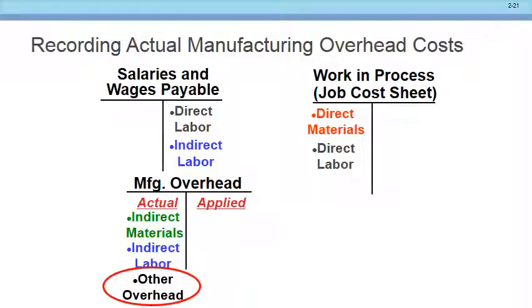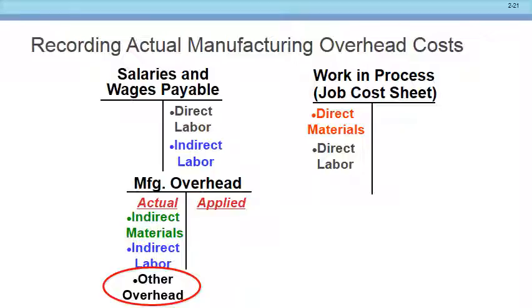Part of it goes to manufacturing overhead, the other part goes to admin. Yeah, if we had to do that, if we wanted to, very good. If we wanted to allocate it between our admin versus our overhead, we maybe would do that based on, I don't know, floor space or something. This much of our floor space in the building is the admin area. This much of our floor space is our production area, and we might allocate it that way. Okay, but let's assume we had a separate building, and we could track that differently for that separate building. So assuming this is just for our manufacturing, what do we debit, Steve?